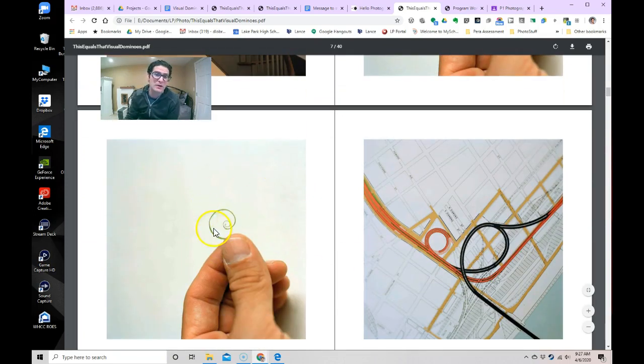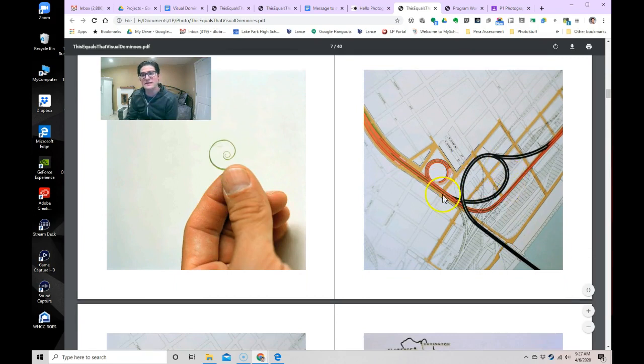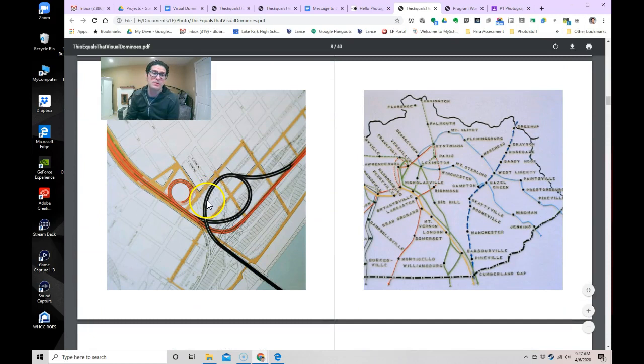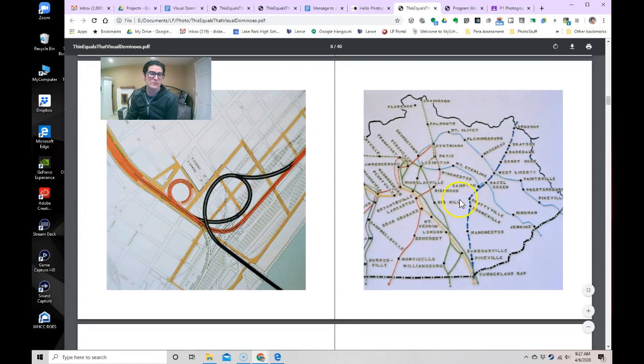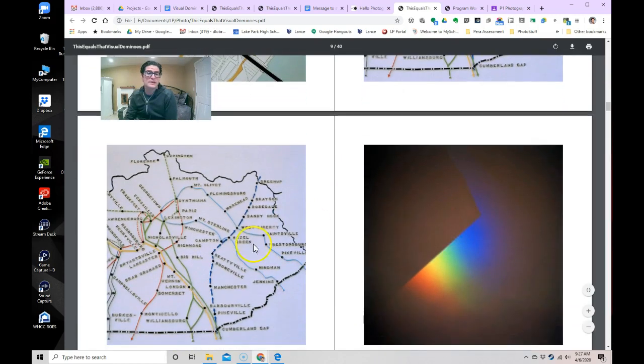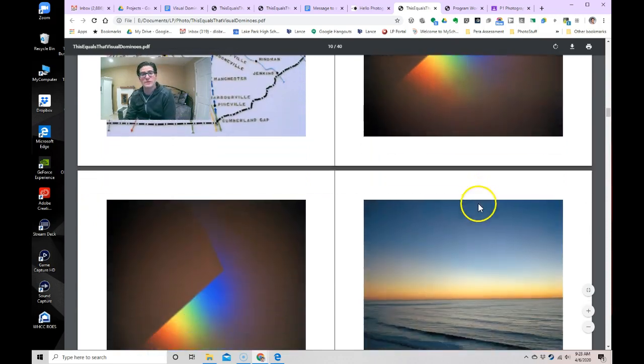Looking at this spiral, seeing that same kind of shape repeated in this map. Looking at the map, seeing that repeated, the colors and the lines in this map. So this is not just visually linking, but this is also subject matter. They're both maps. Then taking this map and seeing colors of the rainbow, and then seeing the rainbow here, and